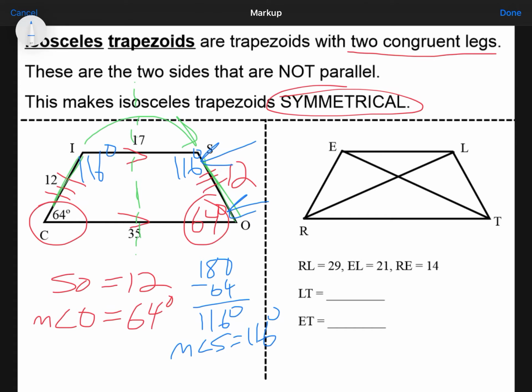For isosceles trapezoids, you are not going to just be able to type something into a calculator. You're going to have to think. It's either going to be subtract from 180, if it's angles like the first page between the bases, like the blue 116s and the black and red 64 degrees, or it'll just be fold an isosceles trapezoid over and the two pieces are the same, like 12 and 12, or like 64 and 64, or like we're doing here on the next problem,